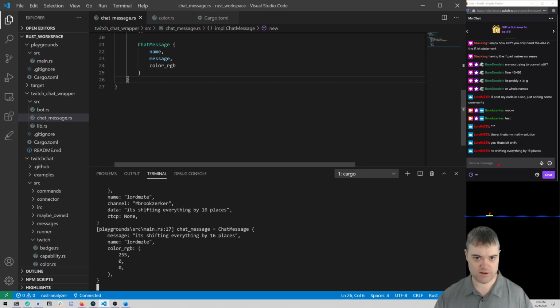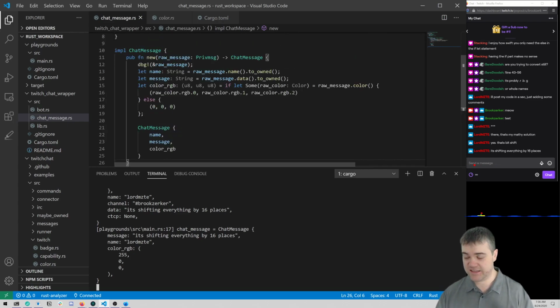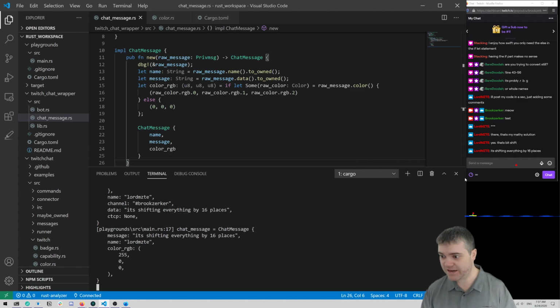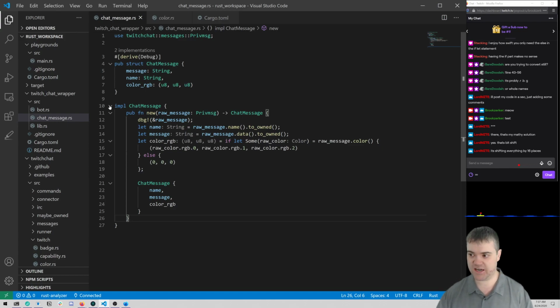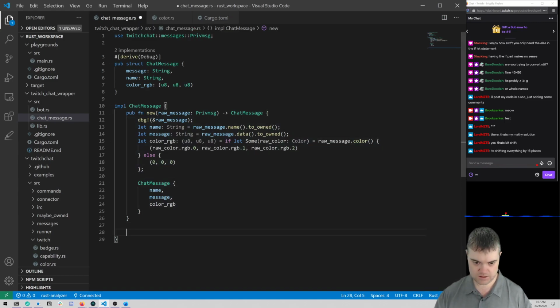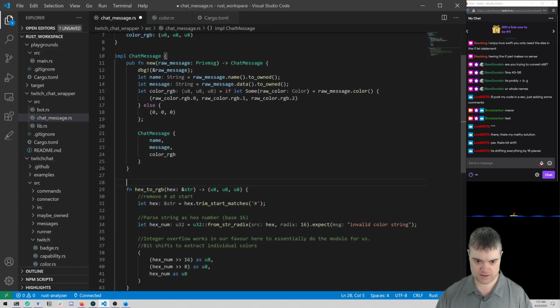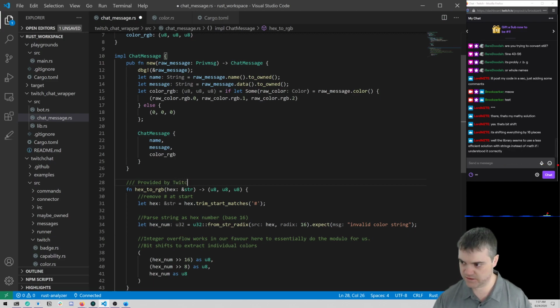Just to keep this around, although the math has apparently already been done by the library itself, so we don't need to do it again. I'm going to keep this inside of here though to document that, Lord, you gave it to me. So where is that? In chat message here. I'm going to put this in. Let's see. Provided by Twitch slash Lord MSDE.